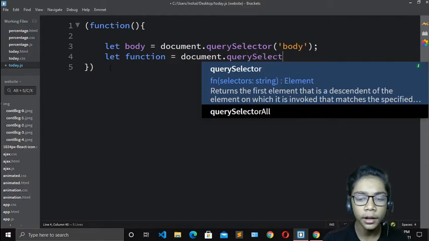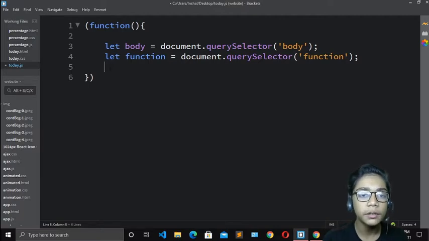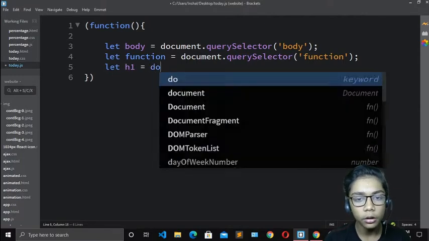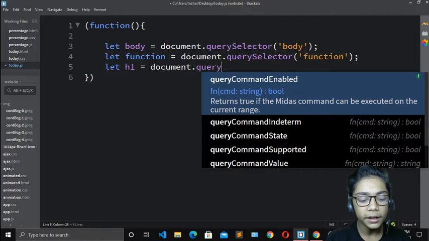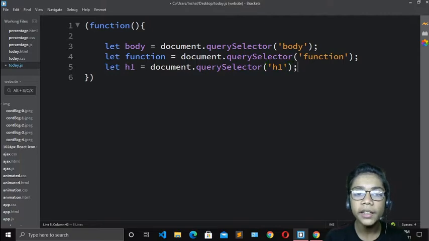Then when you've done all of that, come over here and write function, because it is not any of the tags and not any of the classes which we are writing in HTML. So this is a JavaScript function, so I'm just writing it in JavaScript only. Okay, so when you've done that, write over here let h1 equal document dot query selector, and like I've shown you, it was a tag, not any of the class, so I will write only h1. For writing any tag in JavaScript, you just have to write its name.